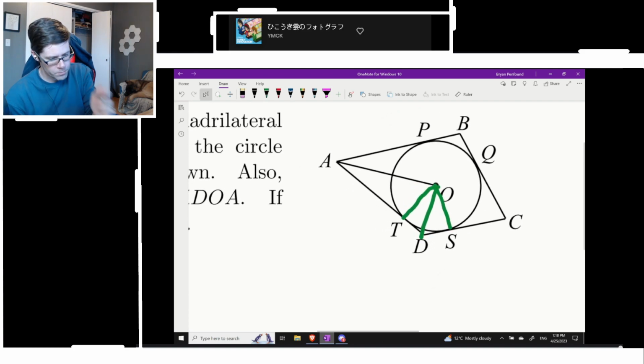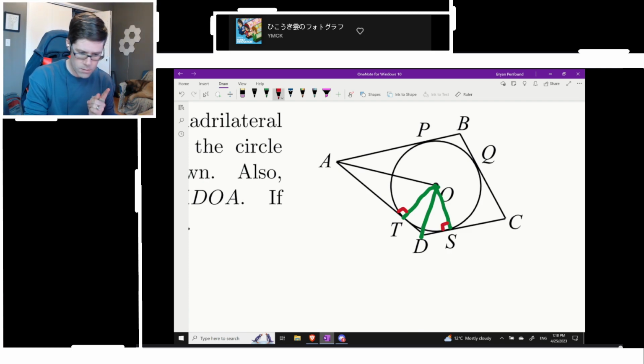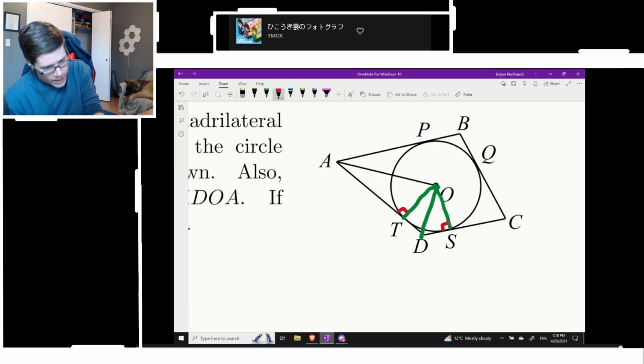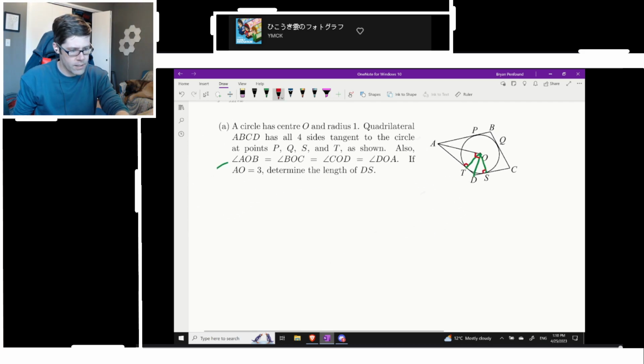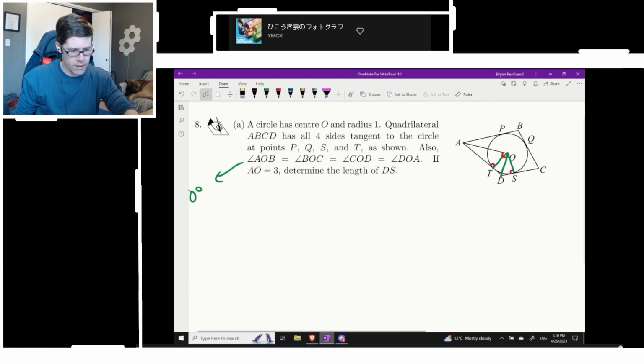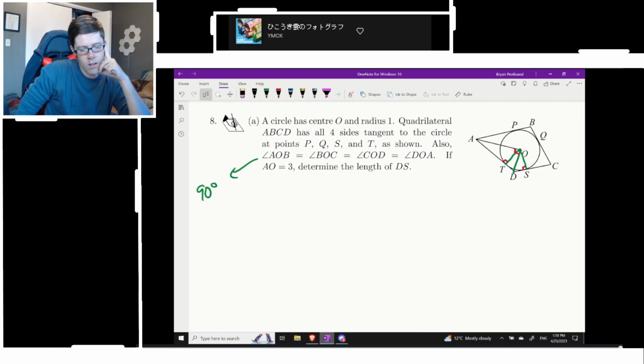And I think if we zoom in here and maybe start writing some stuff down, this is going to be 90 degrees. This will be 90 degrees because those are tangents, points of tangency. And then this angle up here should also be 90 degrees, because we know that AOD should divide 360 by 4. So we actually have quite a few 90 degree angles in here. So I'm wondering if Pythagorean theorem might be the way to go.